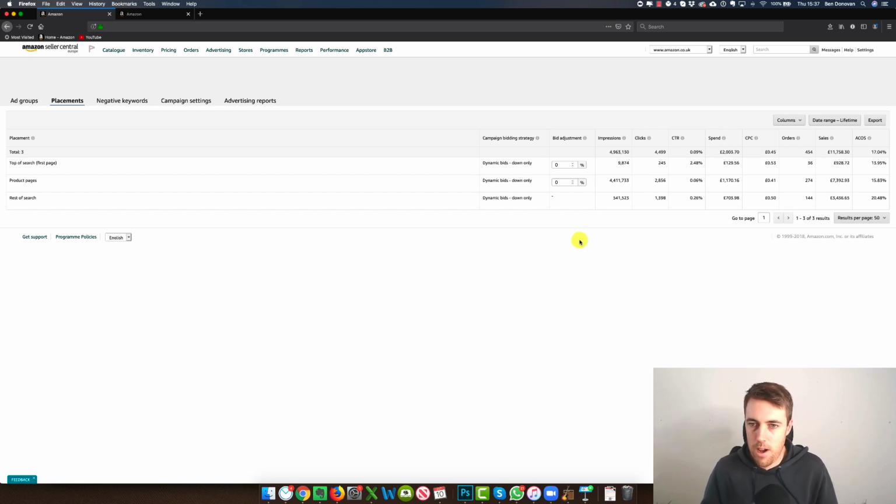Viral Launch recently put out a bit of a hack where you can increase this up to 900%. So you'd set your default bid really low, set this to 900%, and then your ads would really only ever show up at the top of the first page of search, which is much better for click-through rate, which is, as you can see here from one of our campaigns, 2.48% click-through rate at the top of first page,